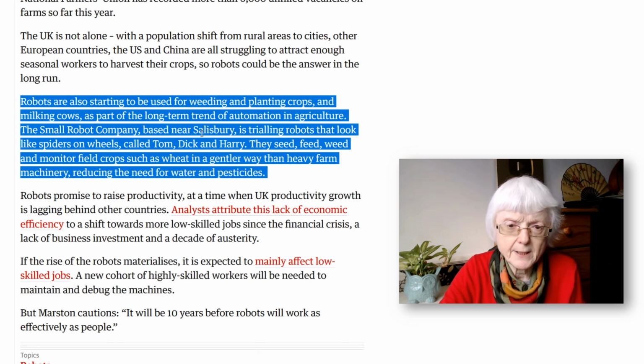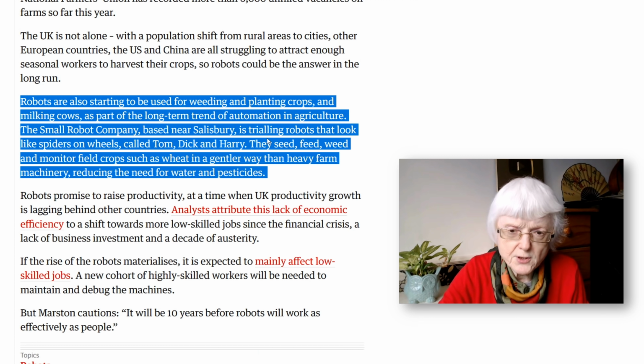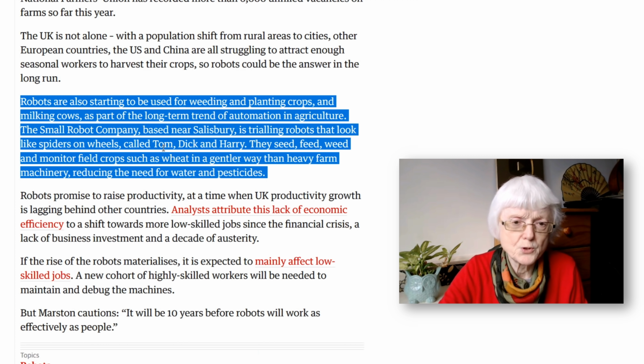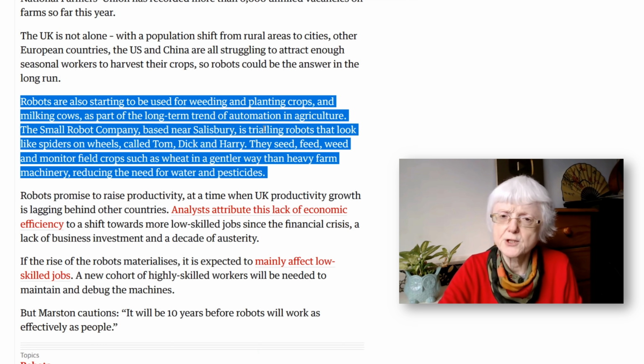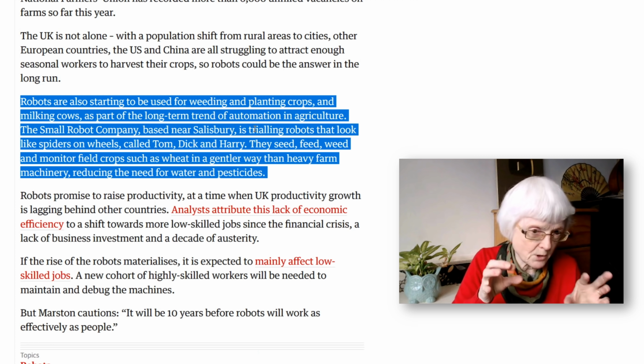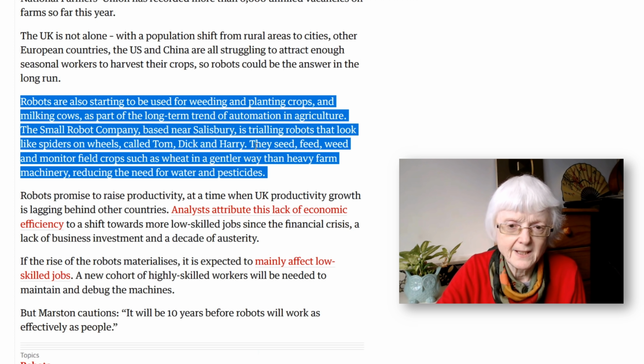The small robot company based near Salisbury, that's in the southwest of the UK, is trialling robots that look like spiders on wheels called Tom, Dick and Harry. So they've given them men's names, Tom, Dick and Harry. Trialling, to trial, is to do a trial, to experiment, to see how these robots get on, see how effective they can be. Okay, they seed, feed, weed and monitor field crops such as wheat